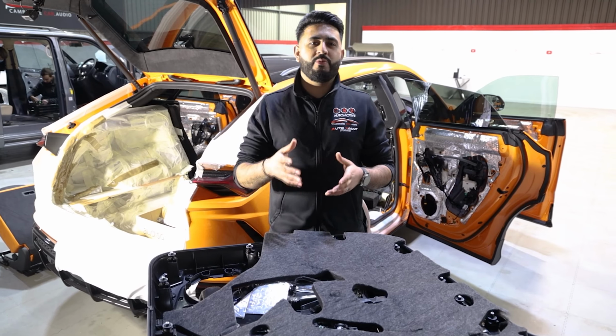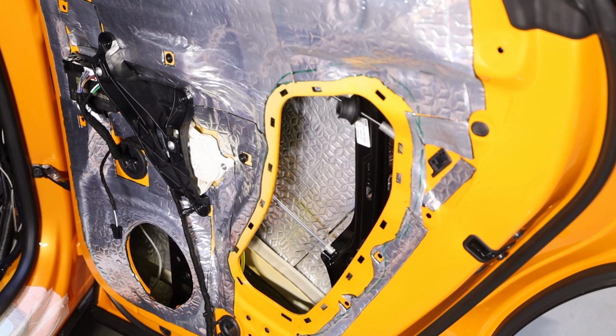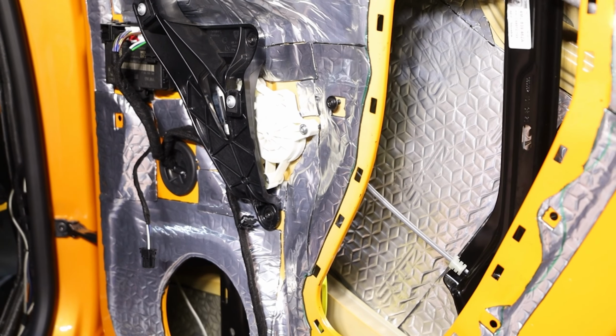It's now time to make those horrible rattles disappear. What are we doing to do that? We're using Skins soundproofing. It's a 3mm layer that you would have seen previously in the doors as well, that we've covered with our 3-layer system, doing the back of the cards, the central layer, as well as the back of the door cards, which we'll show you now,